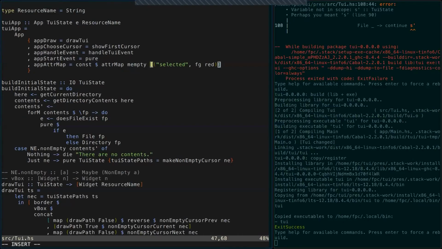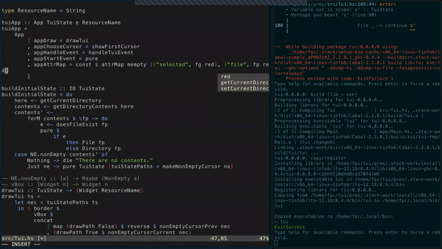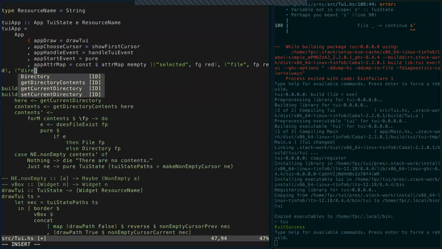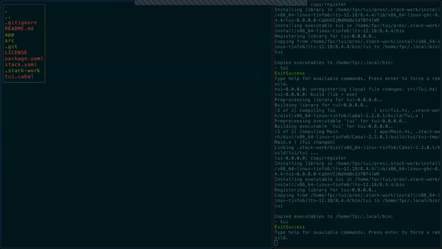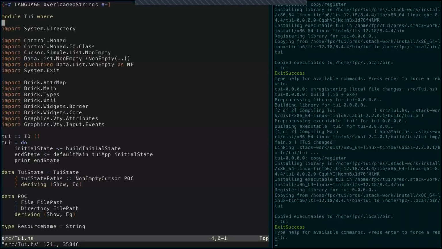So we can, for example, say, if it's a file, then make it red. If it's a directory, then make it yellow. Does that work? Okay, so now the selection doesn't work anymore. I'm not sure why. I would have to look into it. It's got something to do with the order in which the attributes are applied. But I think what you can do to fix that